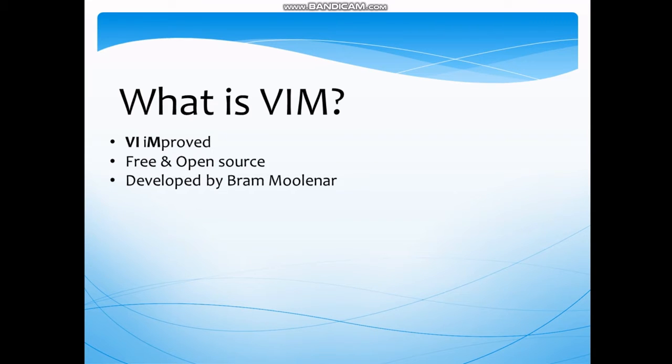It is a free and open source text editor written by Bram Moolenaar. It was first released in 1991 for Unix variants, and its main goal was to provide enhancements to the VI editor, which was released way back in 1976. Vim is considered a clone of the VI editor. Like VI, it is also a command-centric editor.